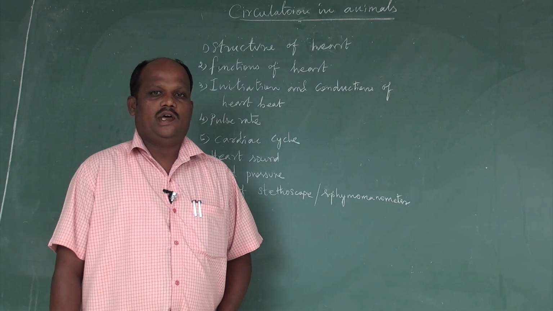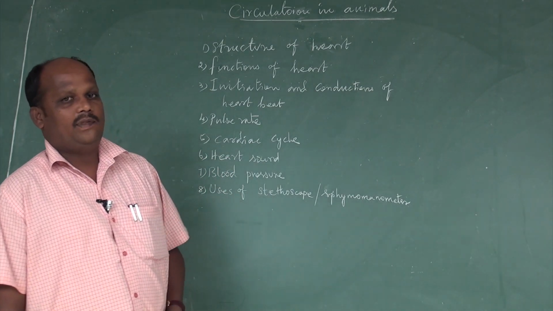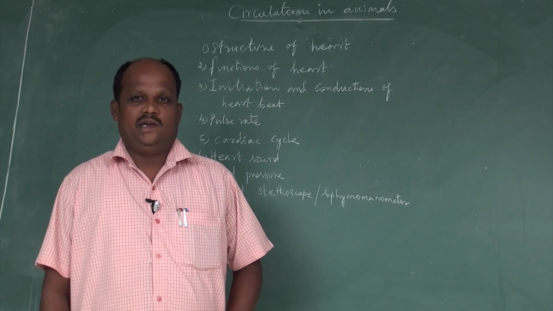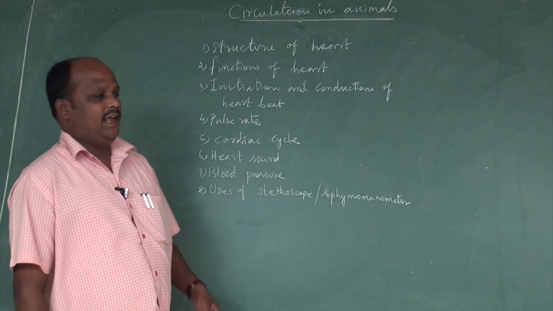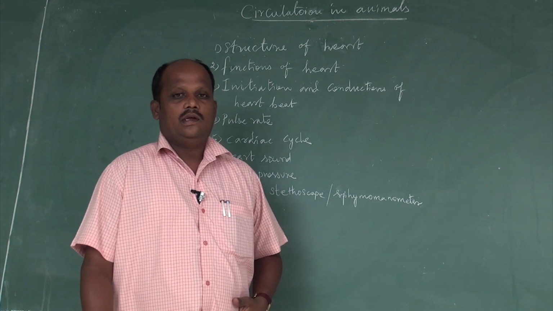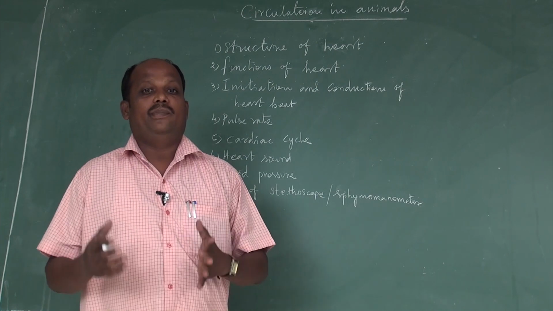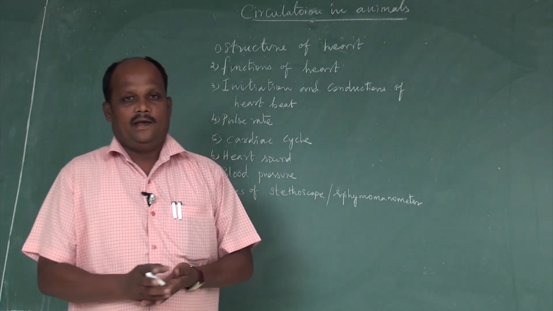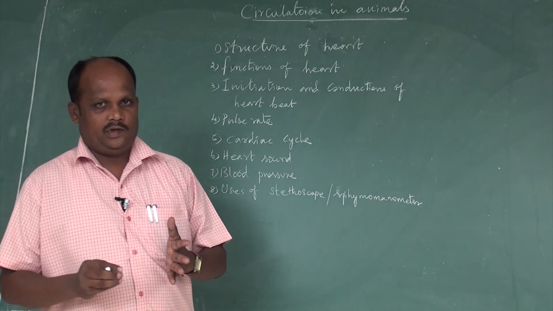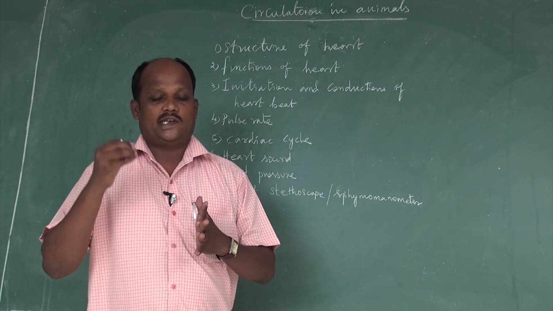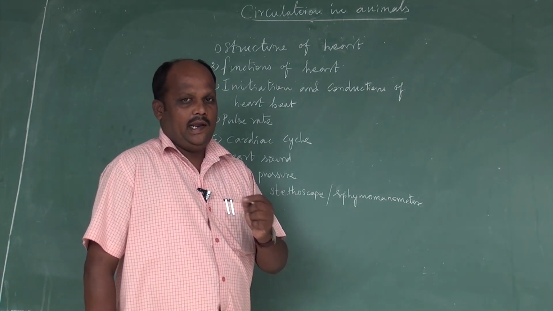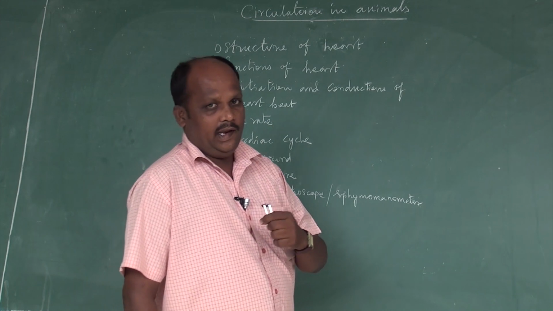Okay, students, we are going to start the topic from the 10th science textbook, 14th lesson, circulation in animals. Now, from this lesson, I will explain the structure and functions of the heart. The heart is a very important organ, because it is the first organ developed in the human embryo. To explain the heart structure, you should understand it. We need a reference diagram. I will draw a simple diagram very shortly.